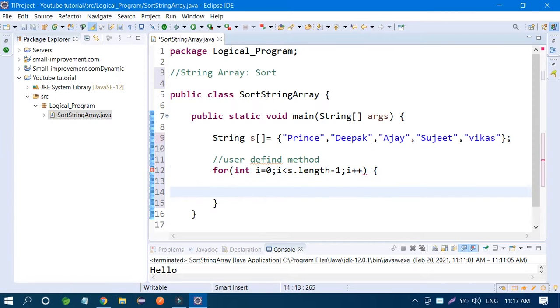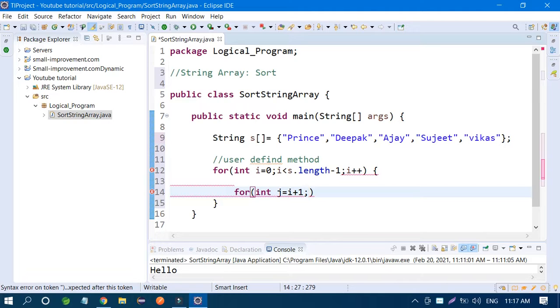That's it. One more loop you have to take for comparing. So int j equal to i plus 1, because i is already 0 the first time, so you just take 1.